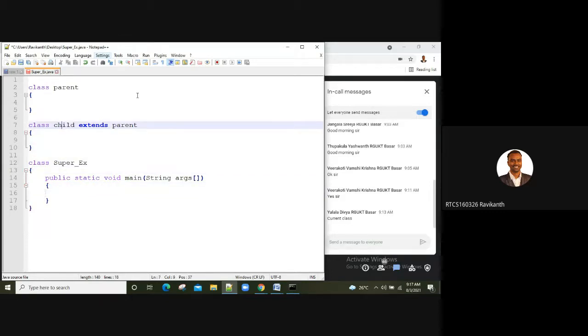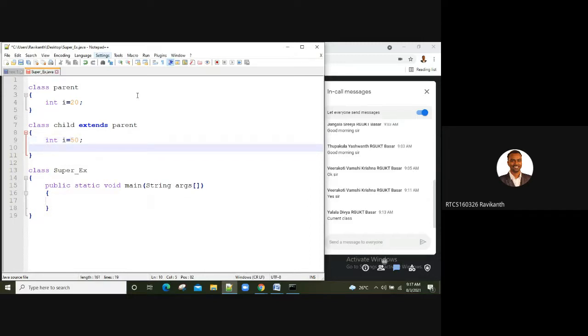Coming to the parent class, I just want to declare a variable, int i equal to 20. Now in the child class also I want to declare the same variable, i equal to 50.